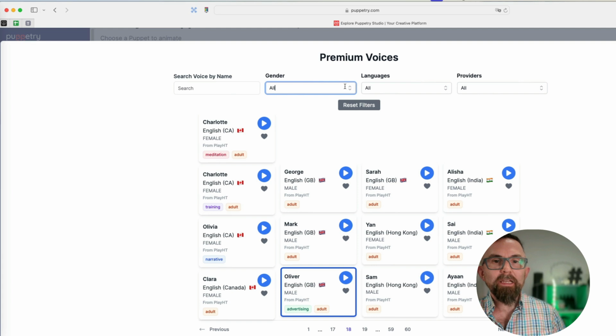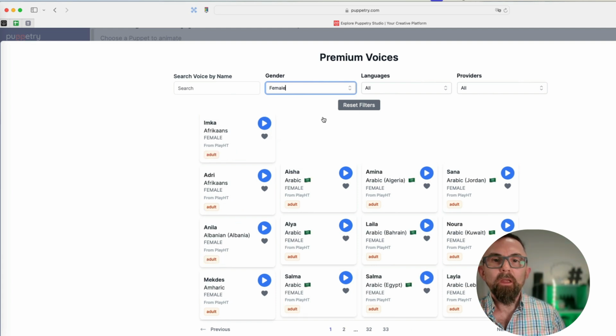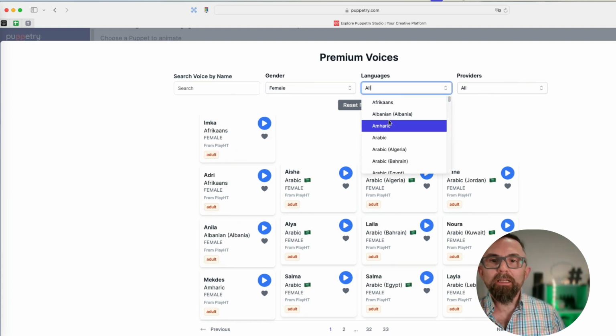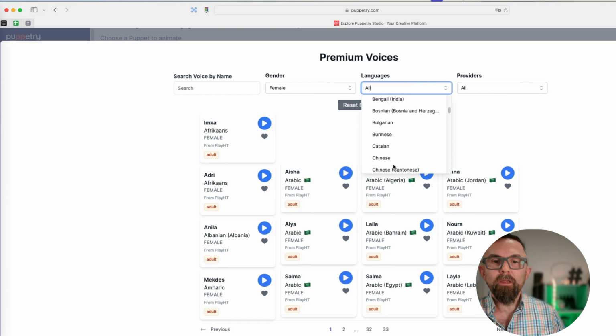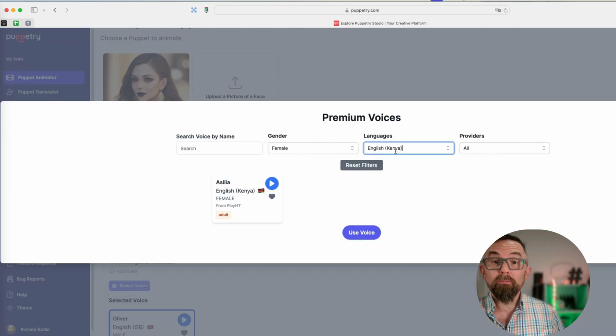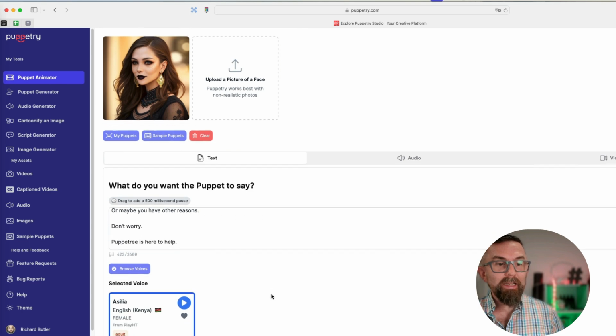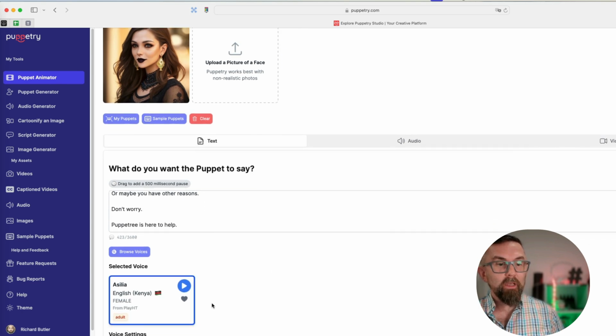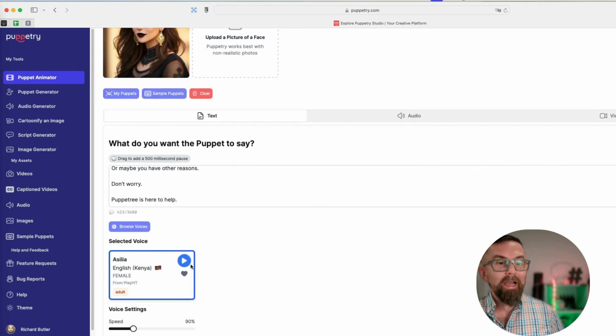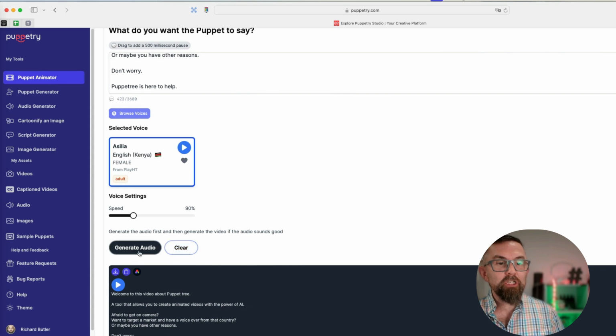I'm going to select female, and I want to select English here. So I'll go down to English and I'll take English Kenya. Okay, and it says this is the voice, and I say use voice, and it now comes up here with a voice. And I can then go down and I can generate the audio.